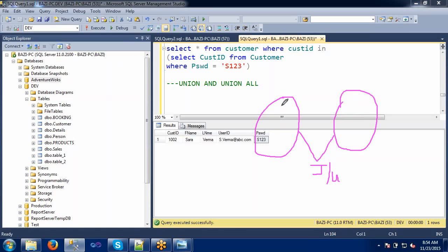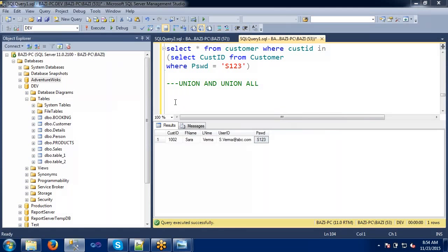Okay. Meaning in union all, when we say this table and this table, make it a union all, whether this record is available twice or thrice, it will be displayed again and again. When I say union, it won't display like that. It will act like an inner join, meaning it doesn't allow any duplicate values. Let's try one example, then we can understand.